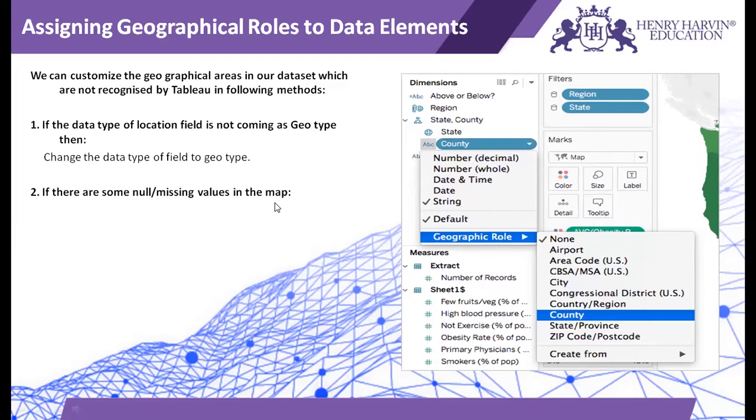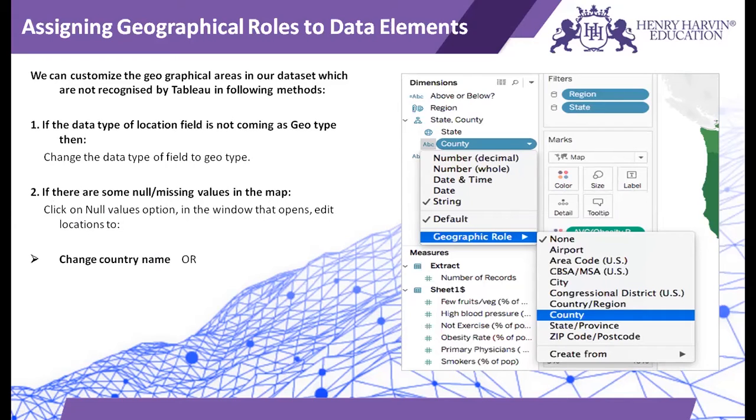For converting them, you have a few options, a few methods. One thing to notice: if they are not recognized by the Tableau workbook, then they'll appear as null options in your data visualization. You will see that. So if you have null options, you have an option to edit these locations.